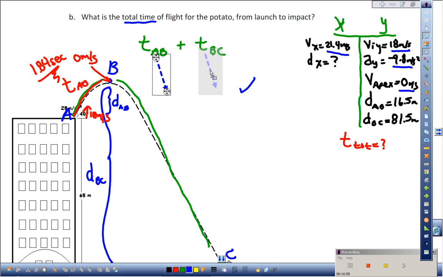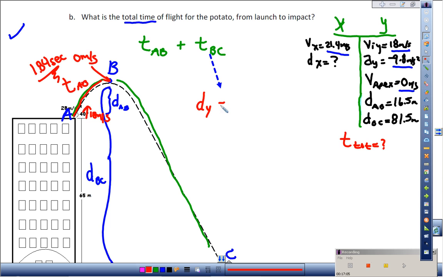Instead of using the equation that we use for time from A to B, I would like to find the time from B to C with this equation. Distance in the vertical direction is equal to the initial velocity in the vertical direction times the time plus 1/2 a t squared. Now you might be thinking, wait, I thought you said our initial velocity is not 0. Well, let me rewrite this equation in terms of what I'm going to be using it from. The distance from B to C